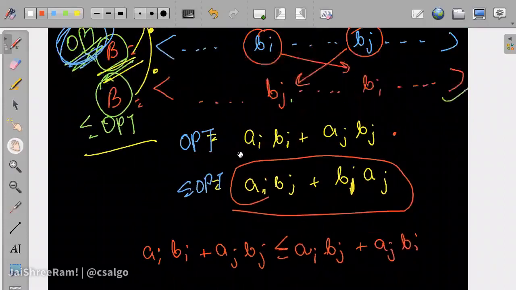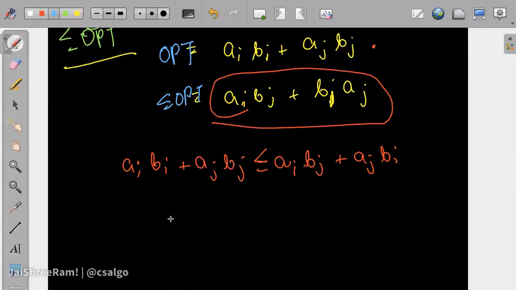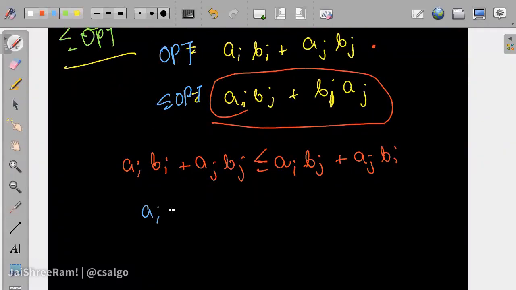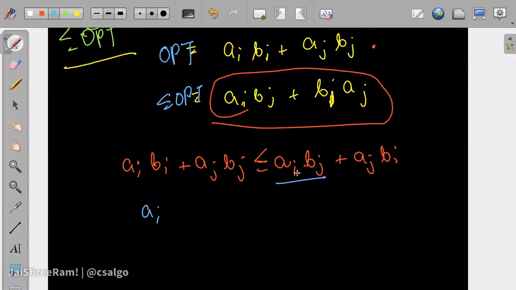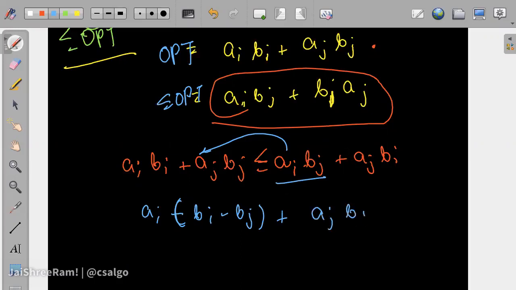So in that case, this should hold, and from that we are getting this expression over here. Okay, now we will try to write this as a of i. We take this term out over here: a of i minus a of i in bracket b of i minus b of j. I'm just taking this to this side, so this becomes negative, and then I'm taking a of i common. And then I'm taking this on this side as well, and I'm taking a of j common: b of j minus b of i is less than equal to